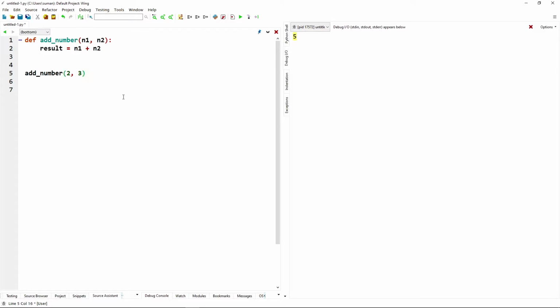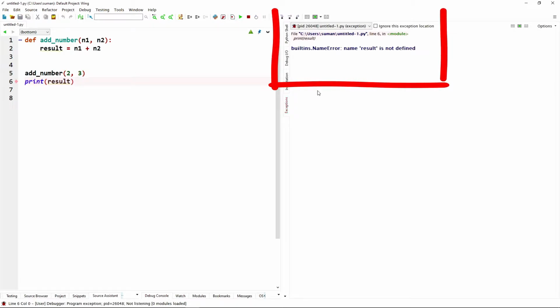Let's check what is happening here. If we run the code, there is an error, that is NameError: name result is not defined, because the result variable is not declared outside of the function.